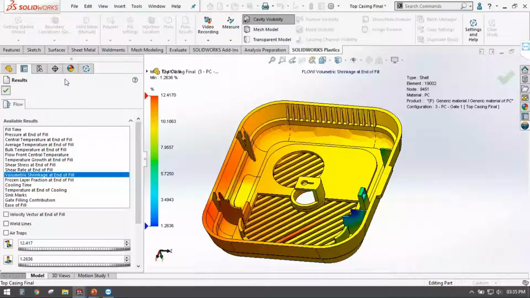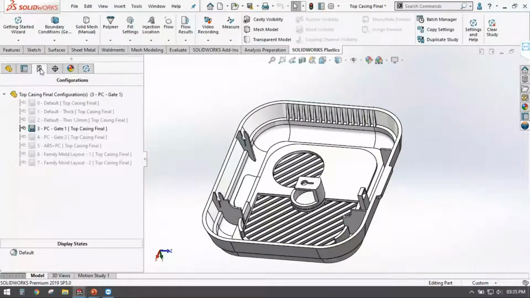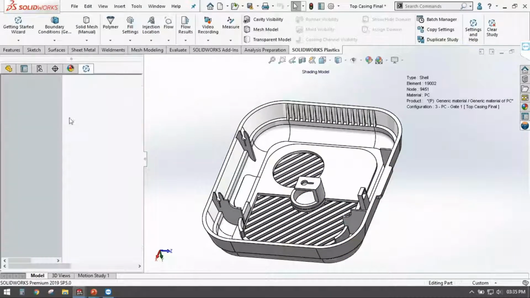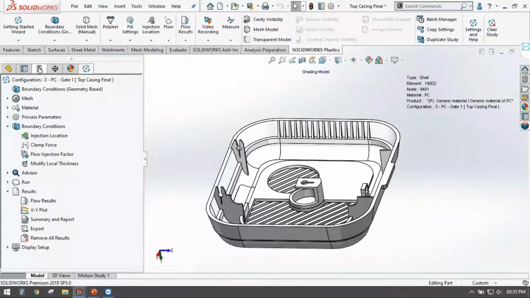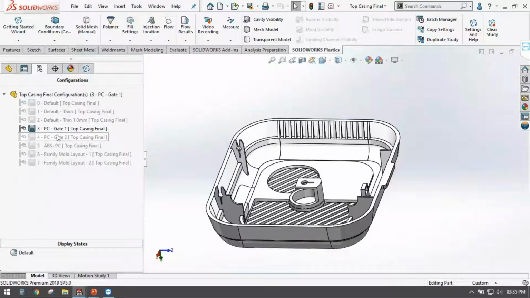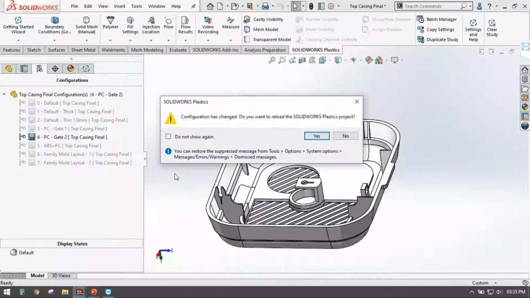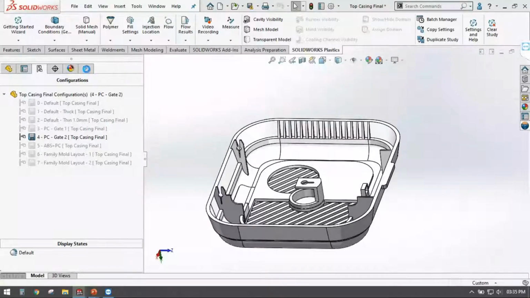Now let me go ahead by changing the gate location. So over here, my gate location was different. Now let me change it to another configuration.